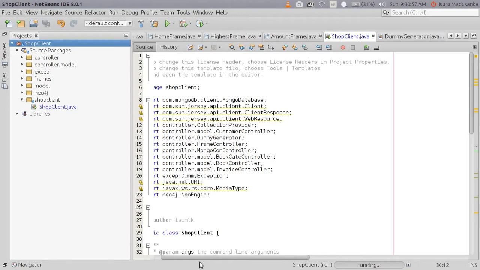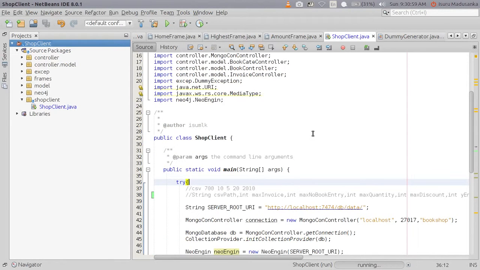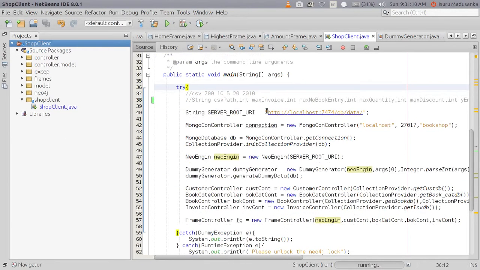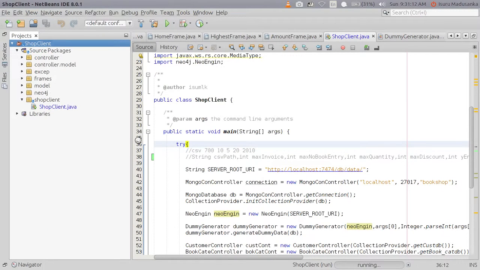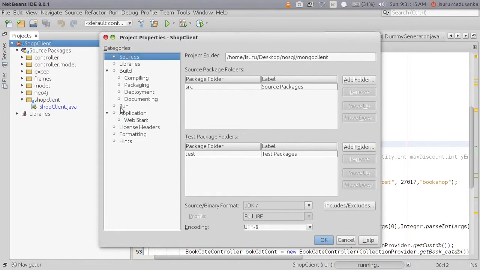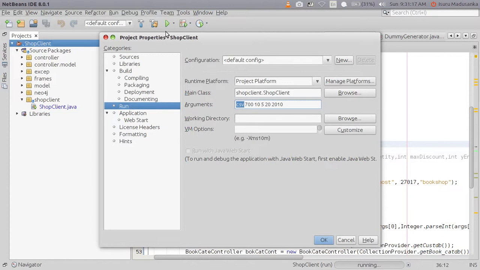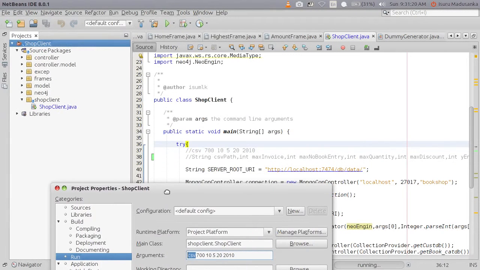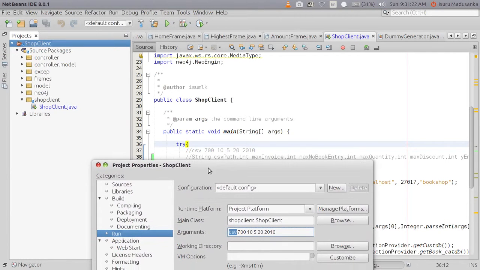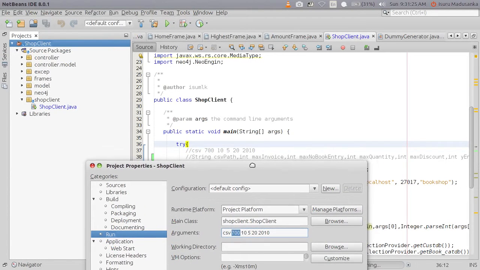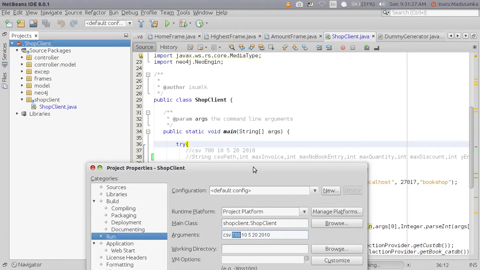The application will be initialized by getting command line arguments from the user. There are a couple of command line arguments that have to be passed. This is the first one: the folder where the CSV files are located. Another one is the max invoice. I can mention how many invoices are automatically generated, and in this case I have created 700